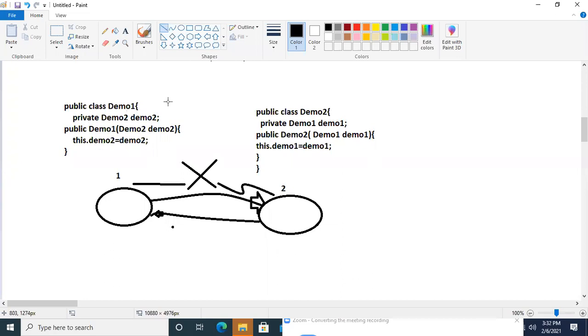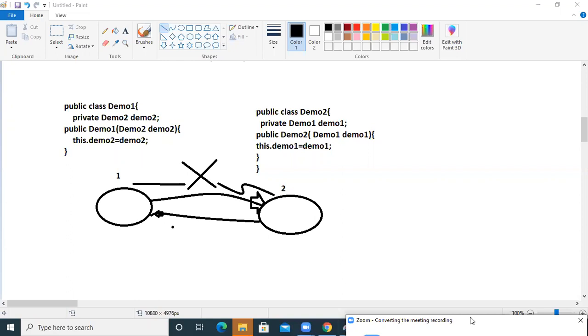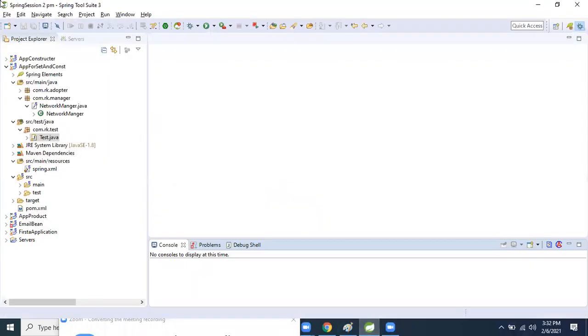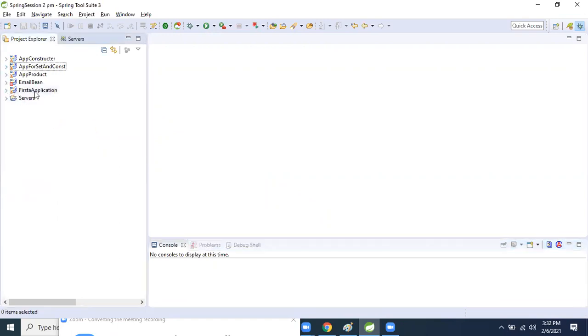So now let's test it. Let's create a small application like this, and we will see that problem and how we will resolve it practically. So now, let's go inside the project. I already created a project, but okay, let's create the project again. Every project we will develop from scratch only.